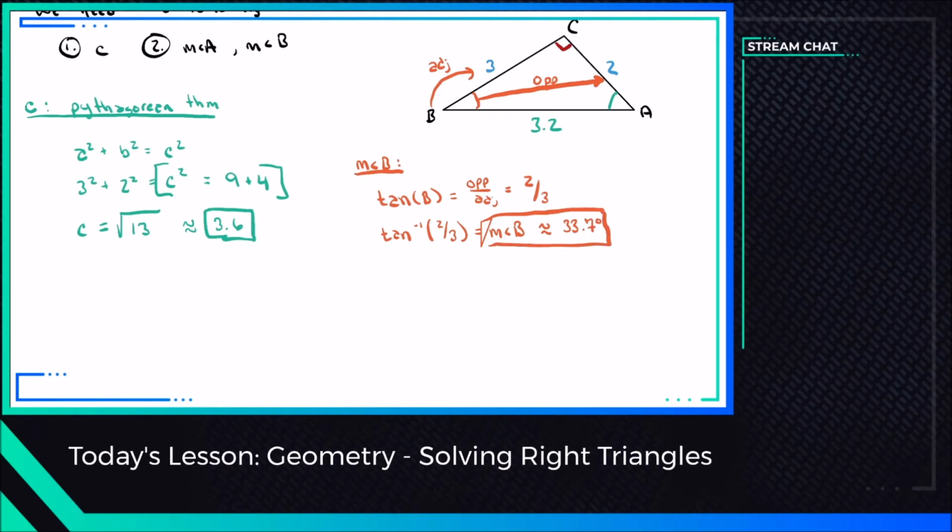I don't know how I just formed a triangle right there. Get out of there. So now we know that the measurement of angle B is equal to